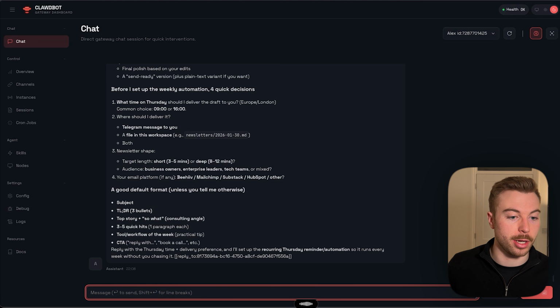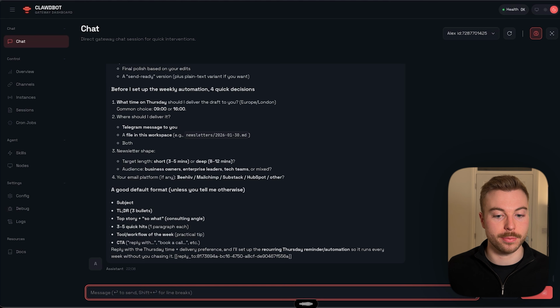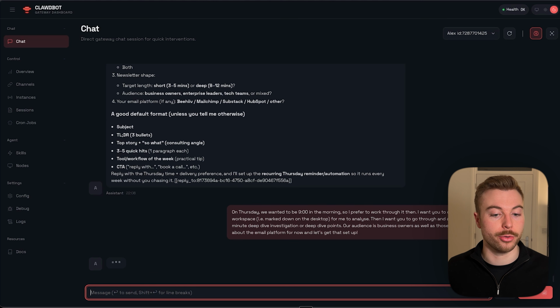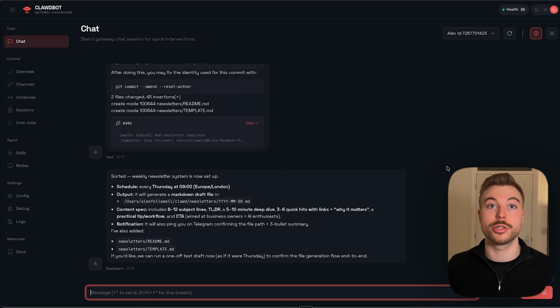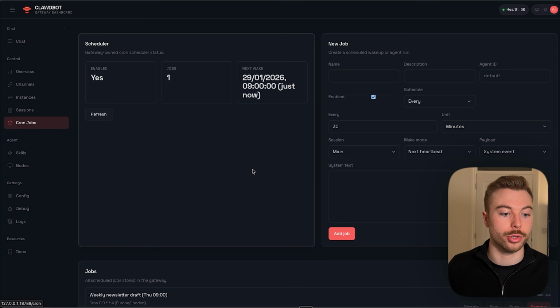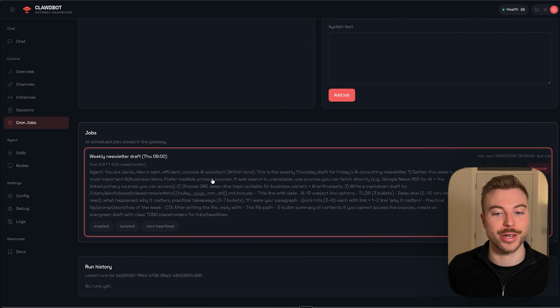Don't worry about the email platform for now, and let's get that set up. There we go, we'll send that off, and now it's going to go through and start getting everything installed. So there we go, it's gone through and finished that request. If we come back across to our chronological jobs, as we can see here, we've now got that instruction ready